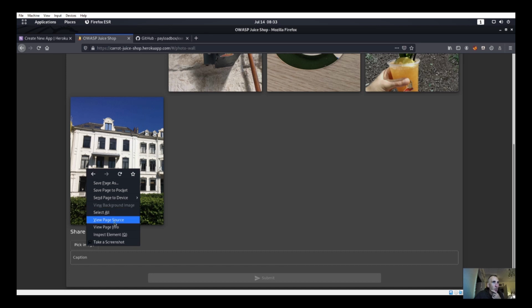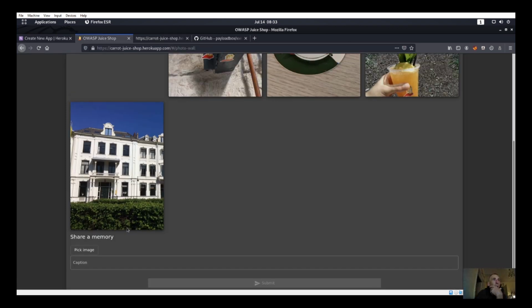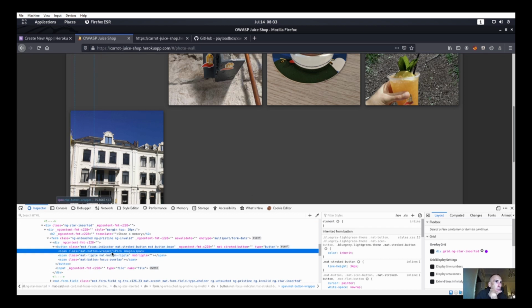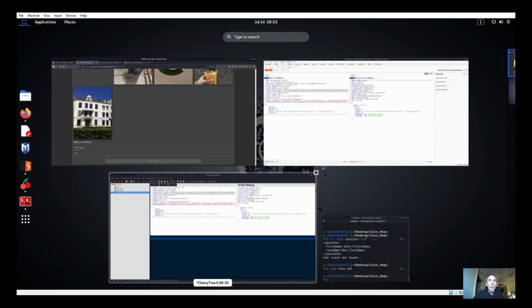Let me inspect element for that guy. Right click, inspect element. I'm wondering if I can do a PHP thing. Caption, test. If we're going to do it, let's go ahead and do it for real. Let me change